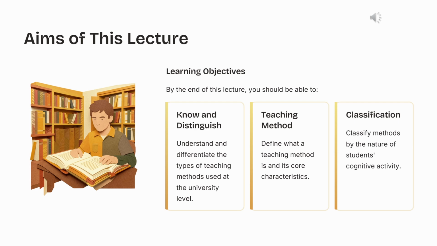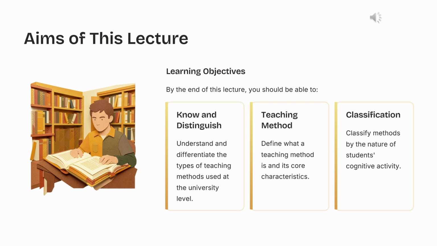At the outset, the lecture formulates three closely connected objectives. First, students are expected to understand and distinguish the main types of teaching methods used at university level. Second, it is necessary to define what a teaching method is and to clarify its essential characteristics. Third, attention must be given to the classification of methods according to the nature of student cognitive activity. Accordingly, the lecture combines conceptual clarification with methodological systematization. In this regard, its purpose is not merely descriptive. Rather, it seeks to form a professional understanding of why different methods exist and under what educational conditions each becomes